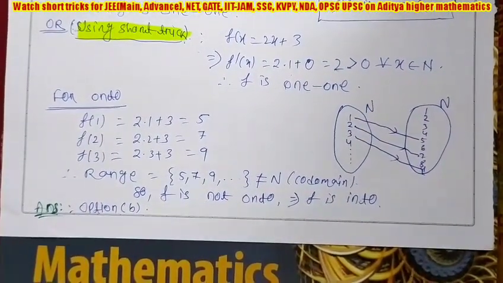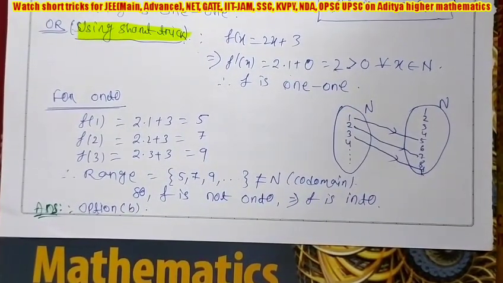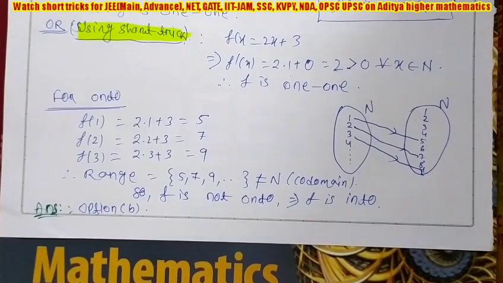So here we have solved a total of 6 questions, and different questions have different approaches. Some questions we solved using the short trick approach, the option elimination approach, and the counter example approach. For more short tricks, watch my previously published videos on YouTube, where I already told how to check 1-to-1, how to check onto, how to find the number of 1-to-1, onto, and bijective functions. I also made a 4-part video series only on 1-to-1 and onto. But here I am covering injective, surjective, and bijective, all 3 types of functions, in this video.